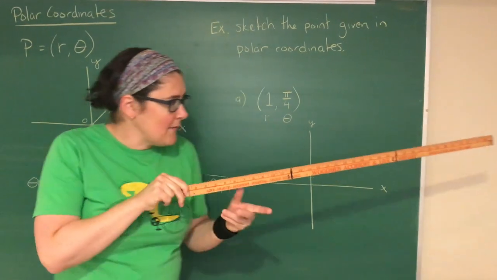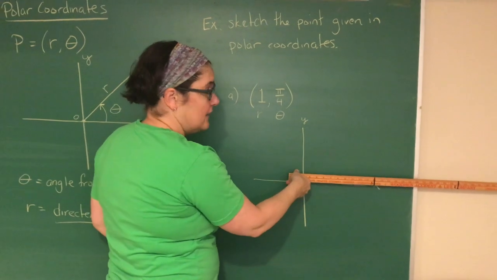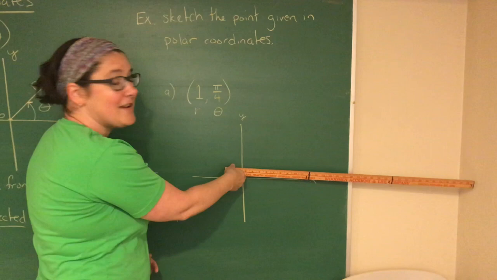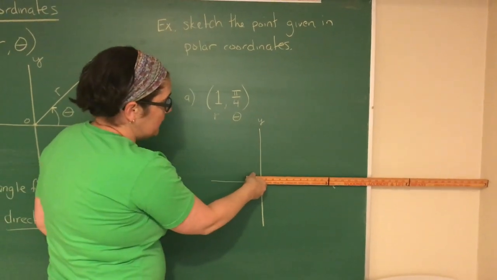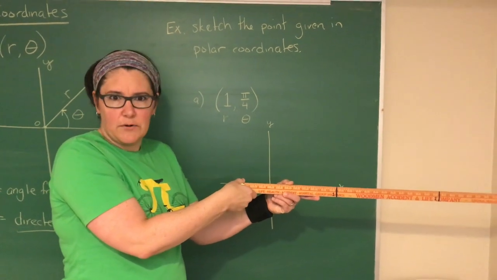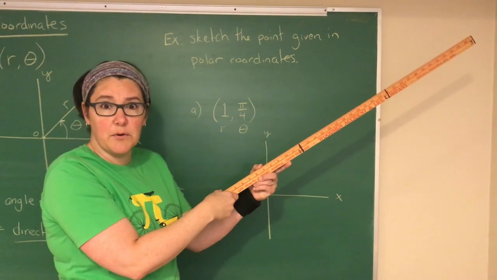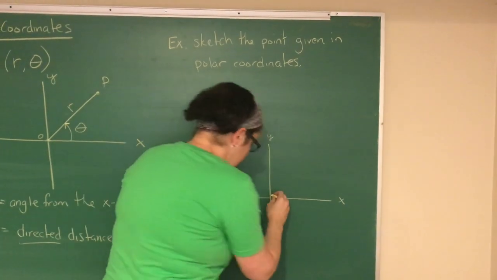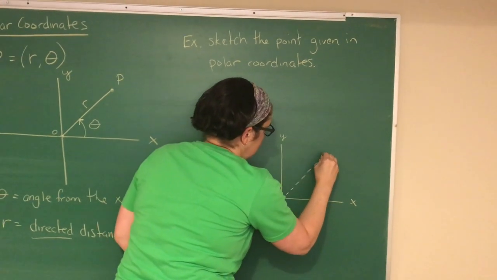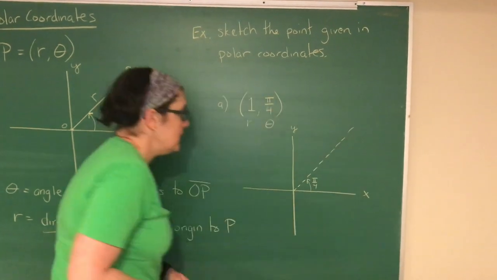So the way I think about this is I take this ruler and, I have a wall over here. I can't quite extend it as far as I want to, but you'll get the idea. So I take this ruler and I swing to an angle of pi over 4. Now pi over 4 is 45 degrees, positive, so counterclockwise. So we swing up to an angle of pi over 4. So on my drawing, I'm going to draw an angle of pi over 4 radians. So here's my